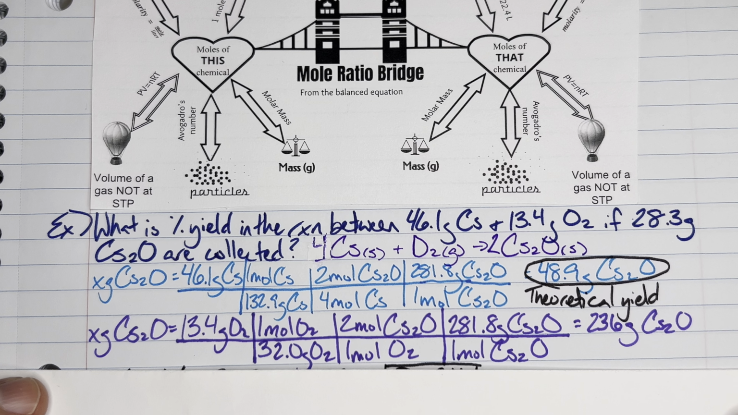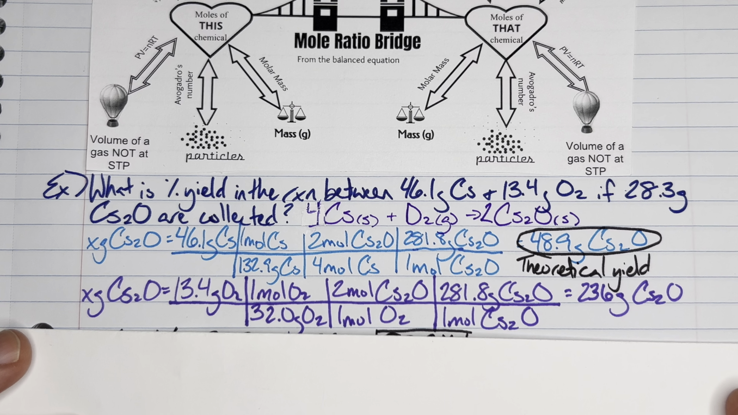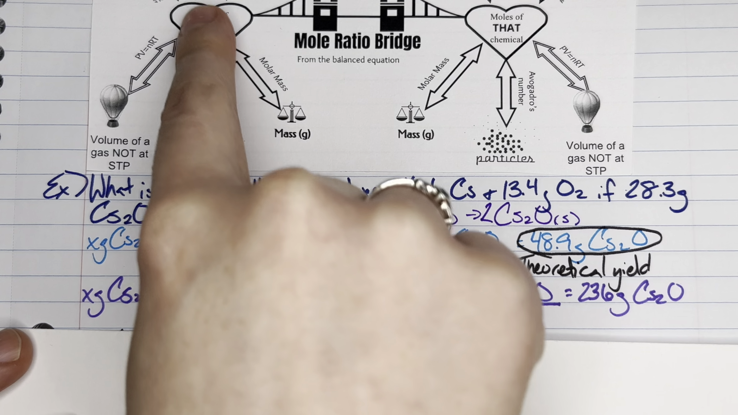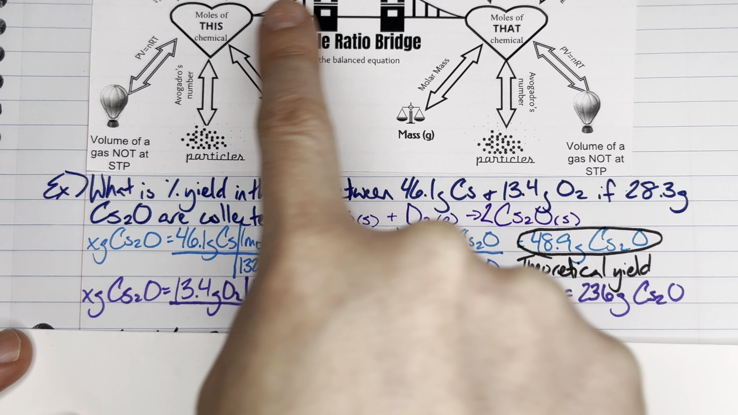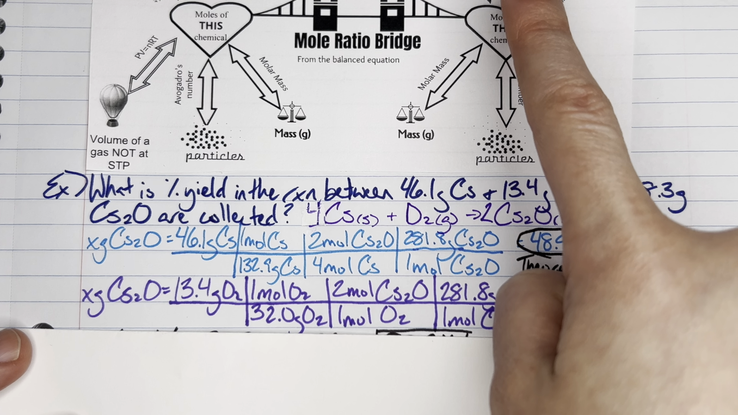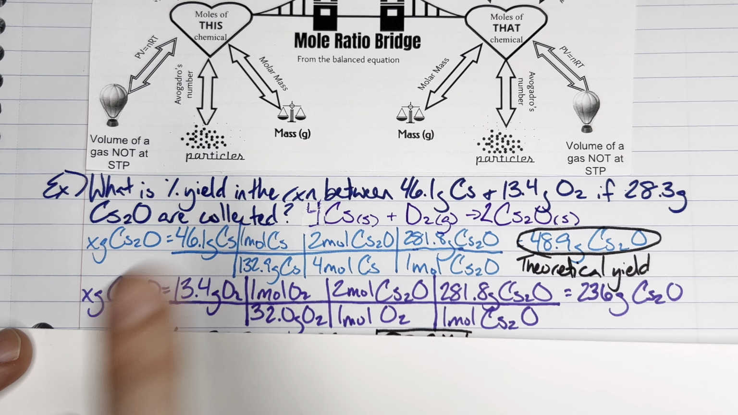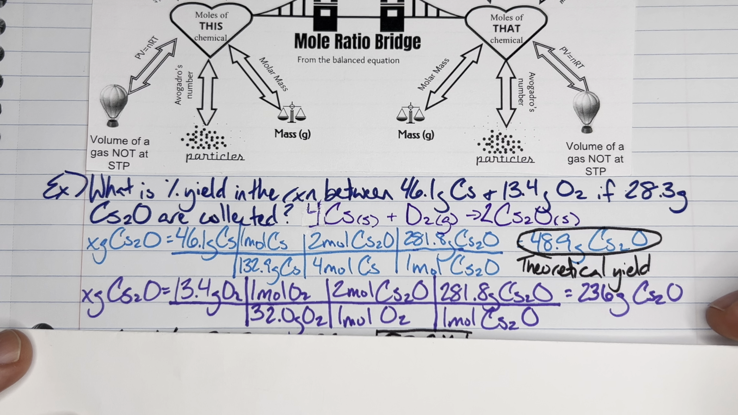I would do the exact same thing with my initial amount of oxygen as well. So again, same pathway, molar mass of oxygen gets me to moles of oxygen, mole ratio between oxygen and cesium oxide gets me to moles of cesium oxide, and then molar mass of cesium oxide gets me to mass of cesium oxide. I will then go ahead and compare the two potential outputs of these formulas,